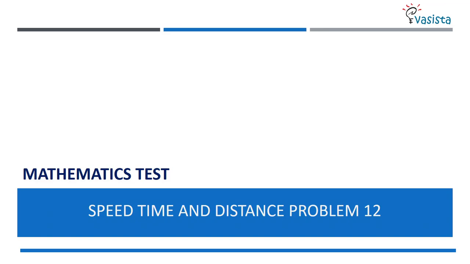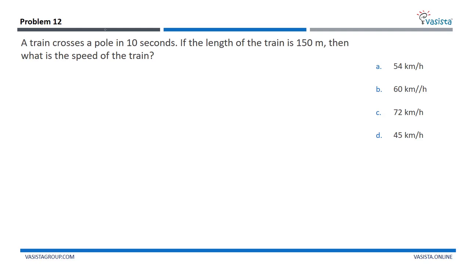Fine, let us start solving problem number 12 here. A train crosses a pole in 10 seconds. If the length of the train is 150 meter, then what is the speed of the train? Here we know that